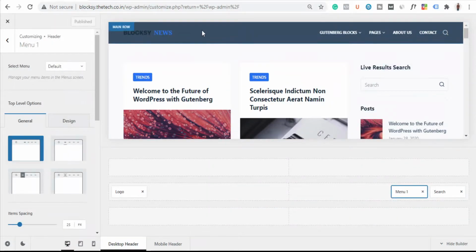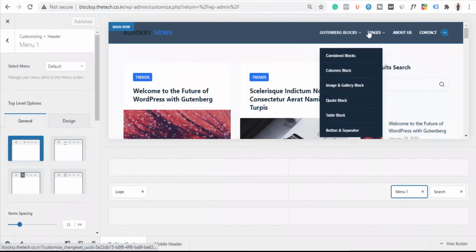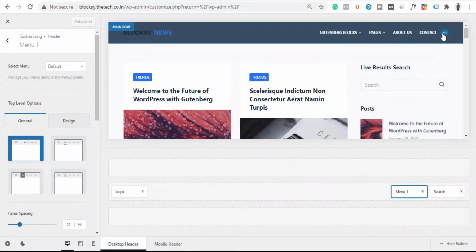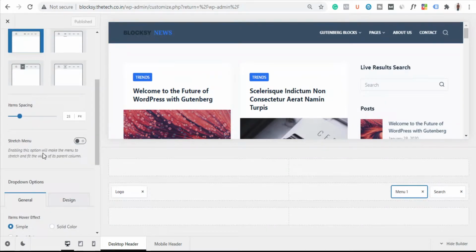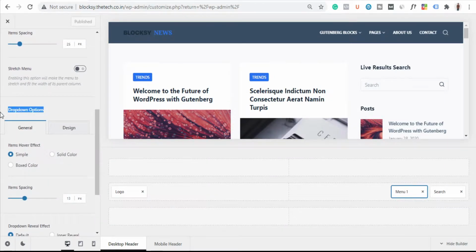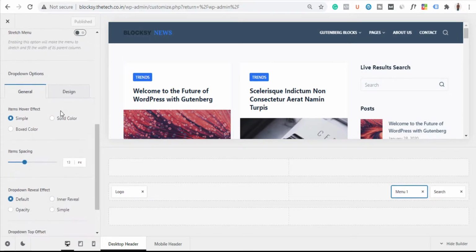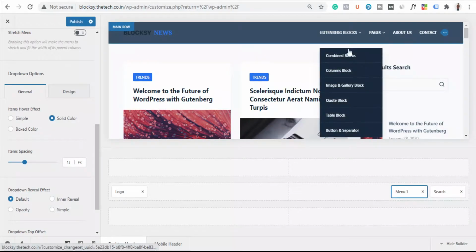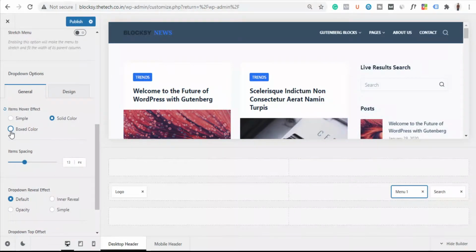Yep, my bad. Let's go to this pages option and click on these three dots. Okay, you will come to this option here. Now you can see here one dropdown option, right? Now here you can play around with the dropdown. For example, let's say I want to make it solid color, I want to make it border